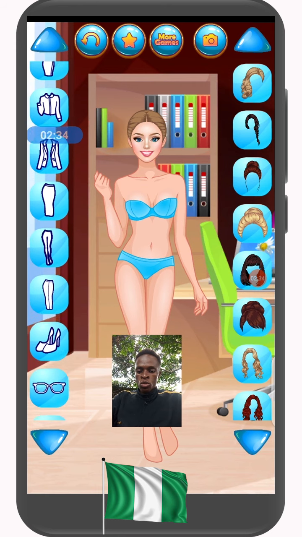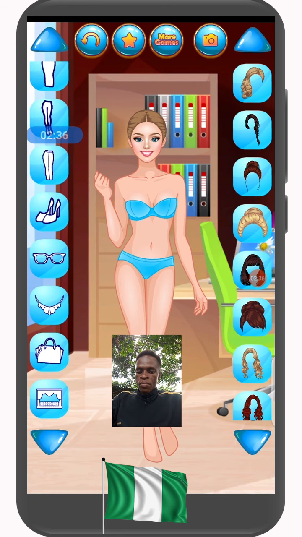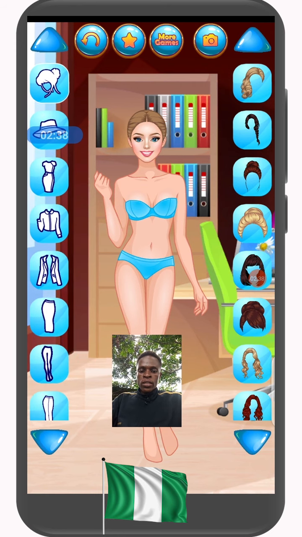You can also scroll down: the glasses, the bags, and every other thing. While the right has options, like if you take one from the left, which is the hair, on the right you'll be able to see a lot of options on the hair you can choose or fix on her. So let's dress up this lady to bring up a unique character.